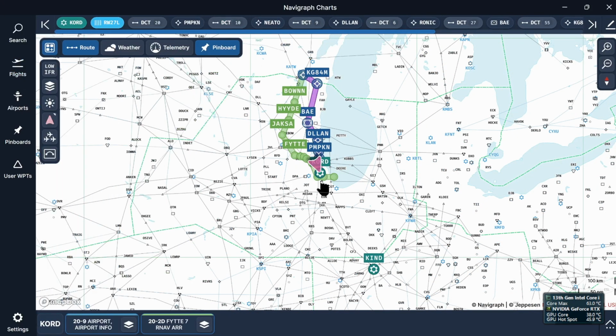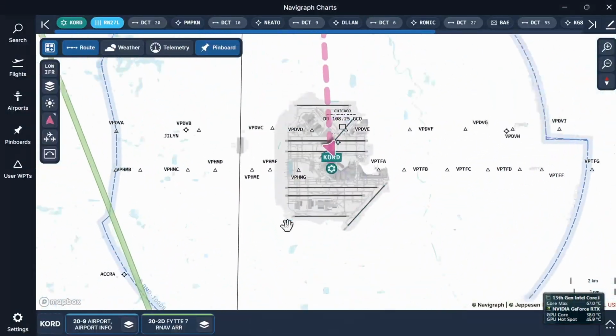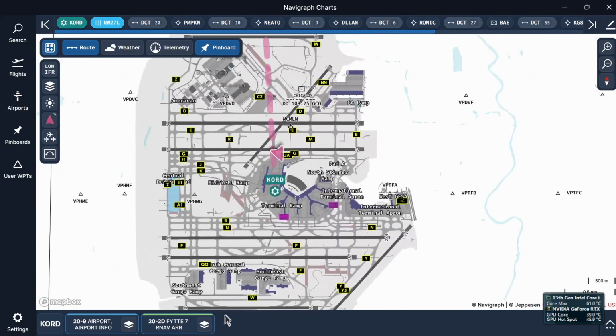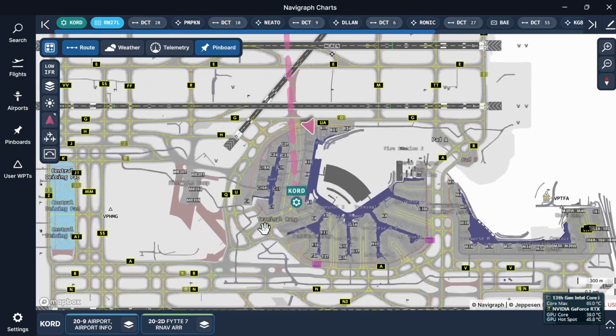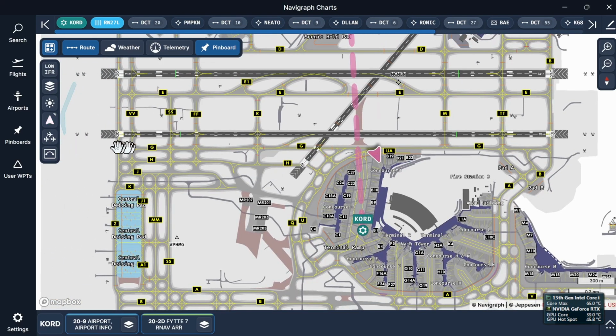So if you zoom in, you can see the airport. And you can see, as you go deep, the different types of terminals where we are stopped right there in that terminal, and you can see the taxiway. And this is the runway that we're going to be using. It is 27 left, so I'm just going to push back, take off, and just do a left side or right side